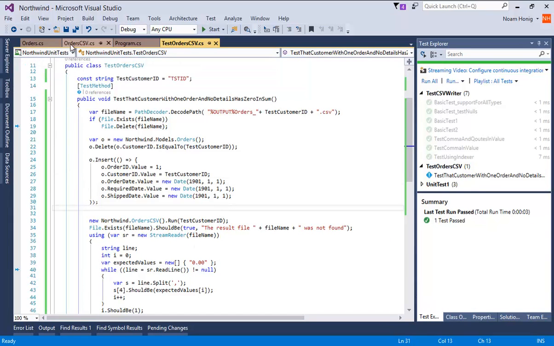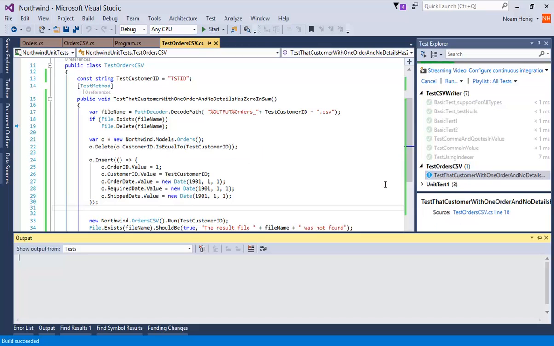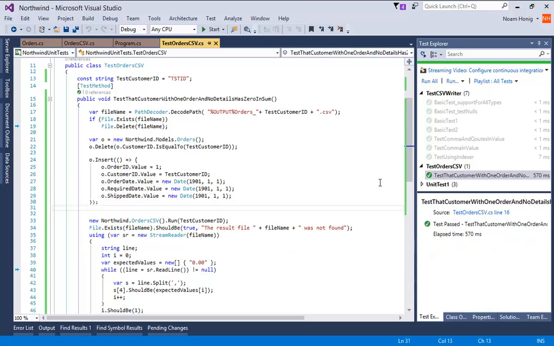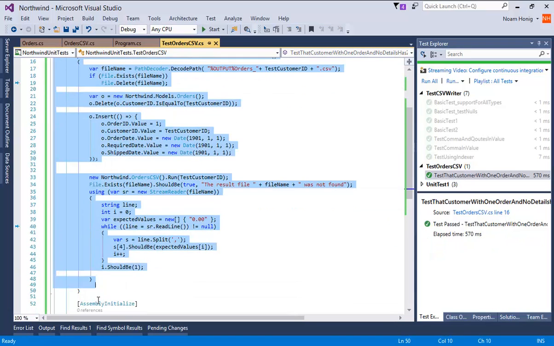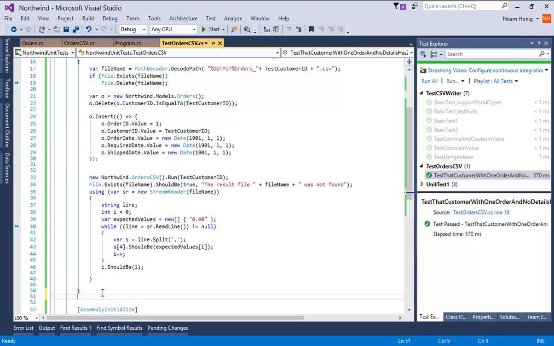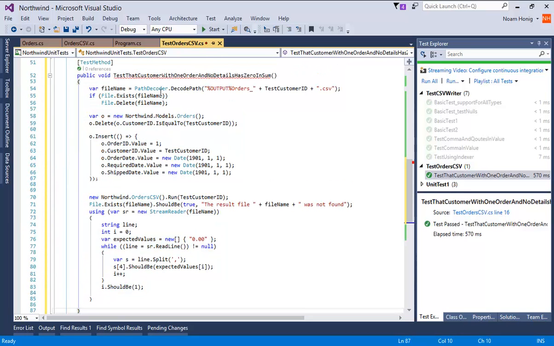Okay, cool. So let's have a look here. We can see that we have this code. Let's make sure that this test runs, just to be on the safe side. Run test, build successful, test run, we're happy. Great. The next test we want to do is make sure that it has some order details and see that we get some data around that as well. So we'll copy this test and let's say test one product,